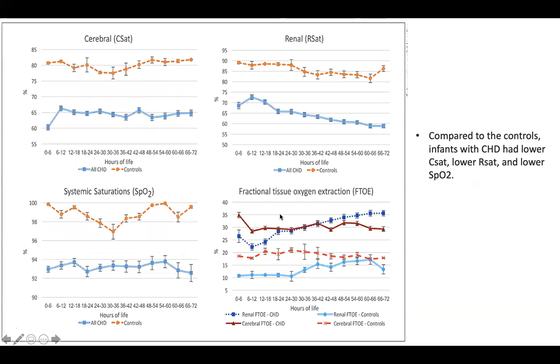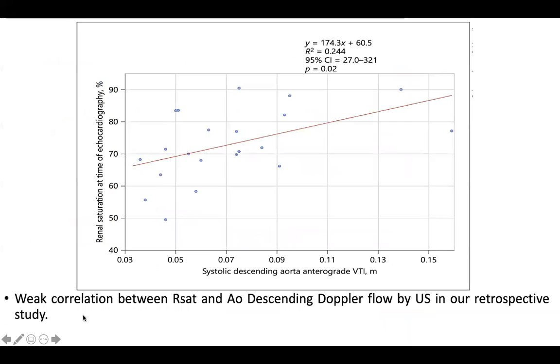We then compared them to our controls, mostly to make sure that we have valid and robust ways of measuring our CSAT and RSAT values. And as you can see, the controls, which are here in orange, have what we would expect for cerebral saturation and renal saturation values, with renal sats around the 90% mark, like previous data sets described in the literature, and the same for the cerebral sat around 80 to 84%, like the study I described at the beginning of this module. We also found that there was a weak correlation between the RSAT and the aortic Doppler